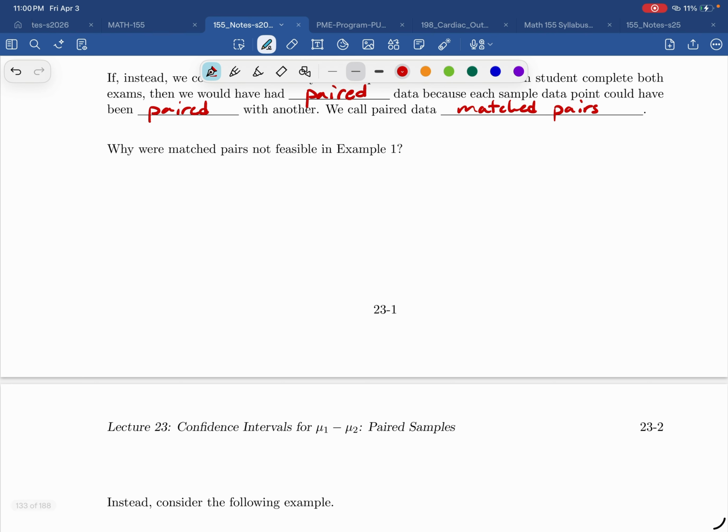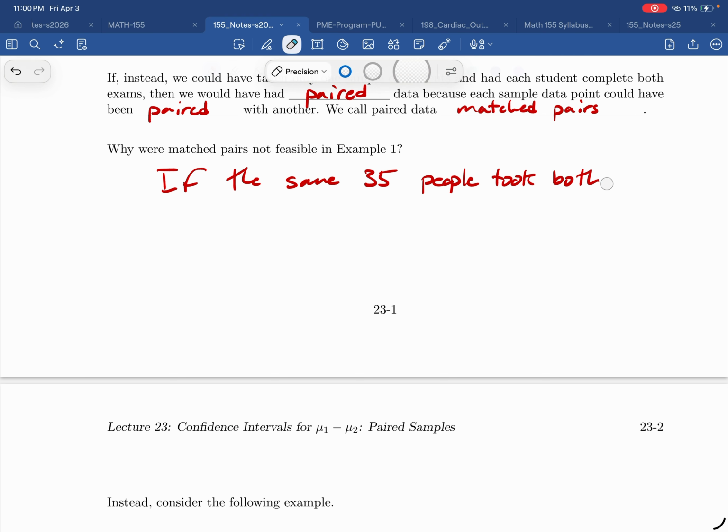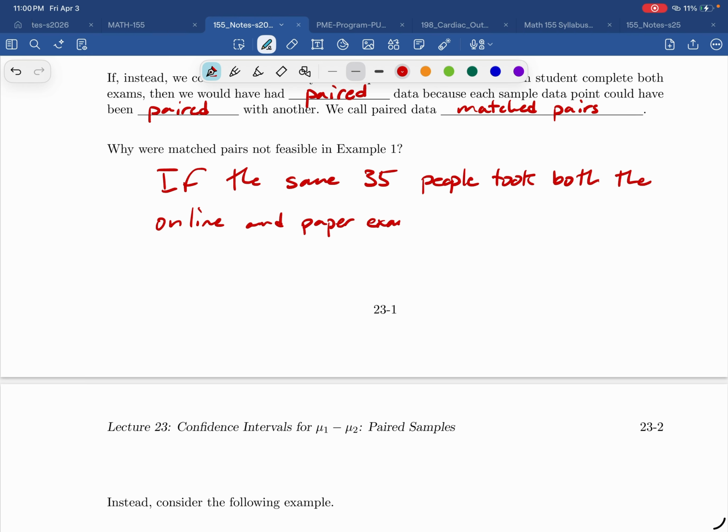Why wouldn't it have made any sense to do that in example 1? Well, if the same 35 people took both the online and paper exams, then we could have paired them. We could have paired their exam scores,